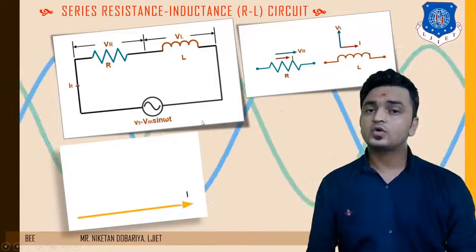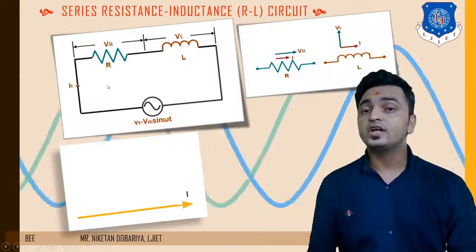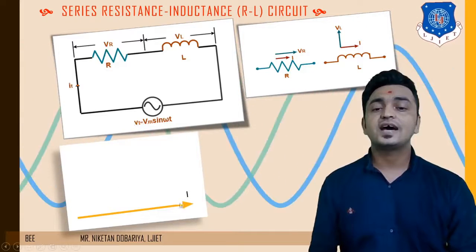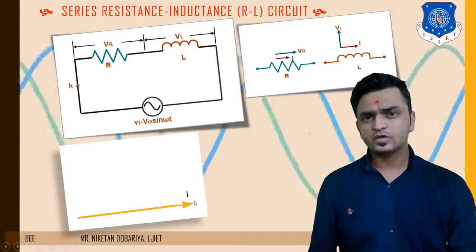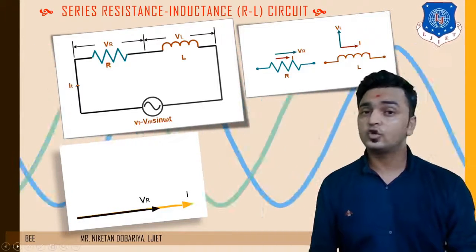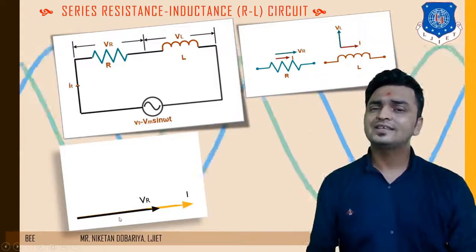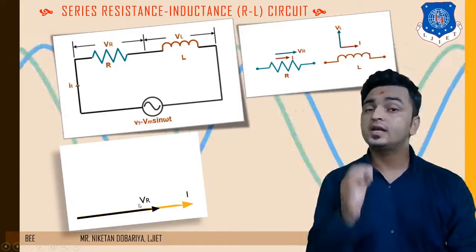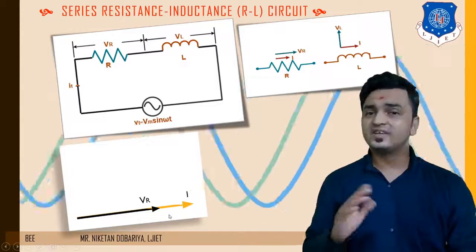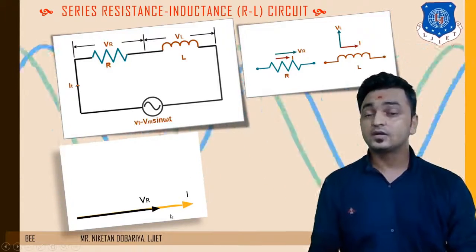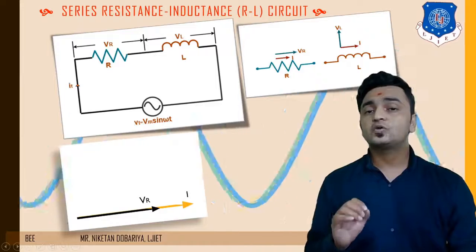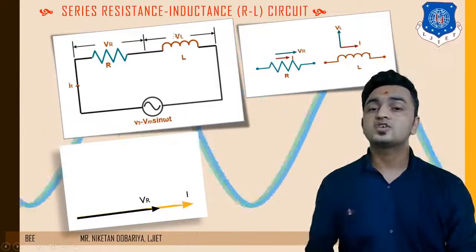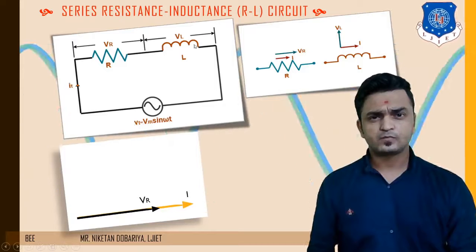So with respect to the voltage of this resistor, VR will be in the same direction as the current. If I plot VR, it is going to be in the same direction as the current. In the same way, if you plot VL for the inductor, the current is the same, as this is a series circuit, and with respect to this current, the voltage of that inductor, VL, which is mentioned over here,